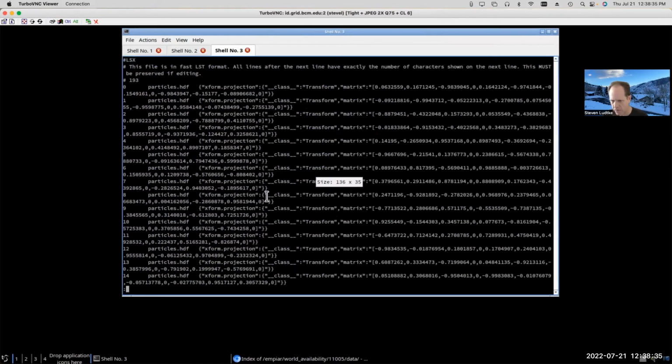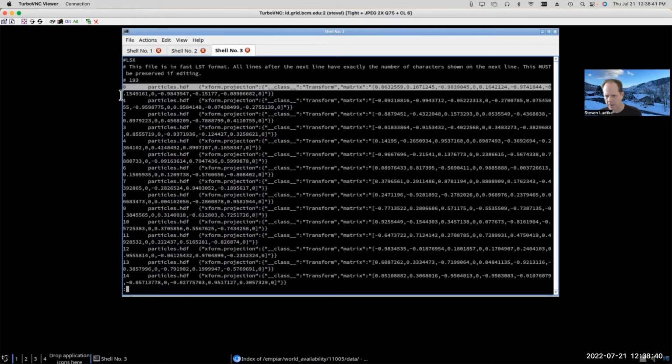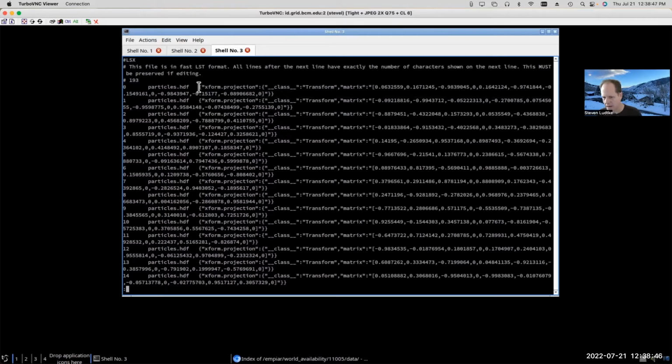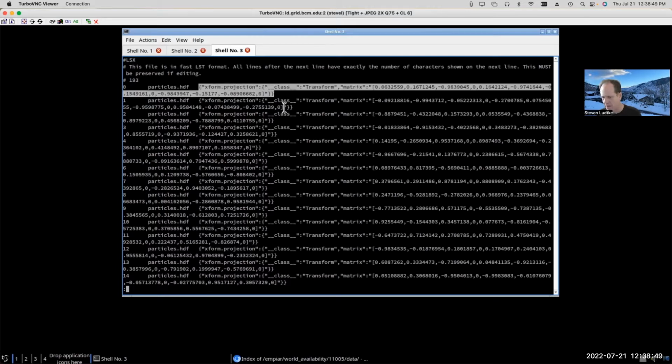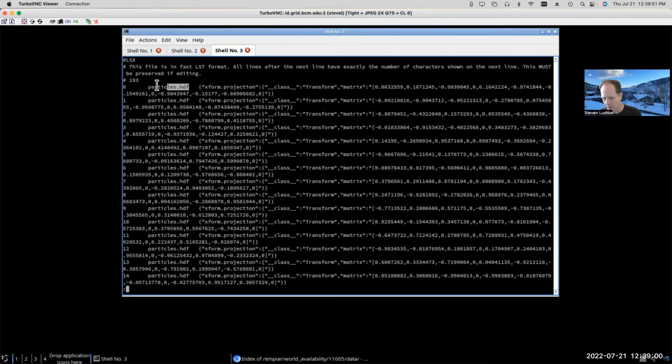And the idea is that, sort of like the star file, you will have one particle per line in this file. The difference is that the metadata that you can provide after that is then in basically a JSON-like format. So basically, you have the particle number and then the file name. And that's how LST files have always been formatted. Basically, an LST file was just sort of a way of virtually grouping together a bunch of particles that were in multiple files into a single file without having to copy them.